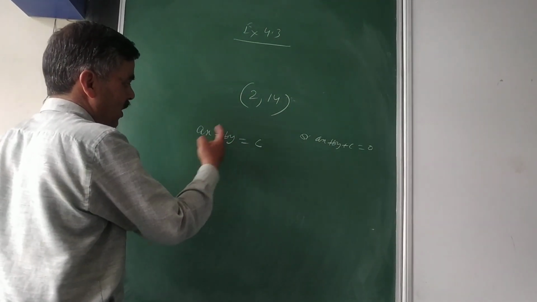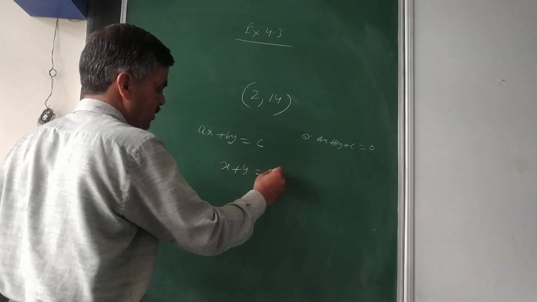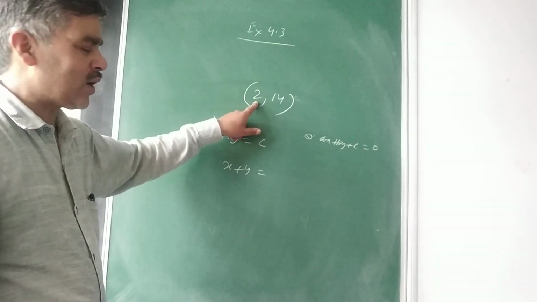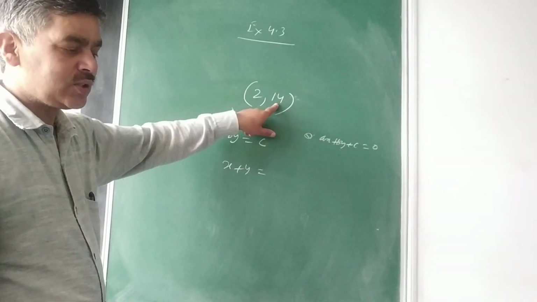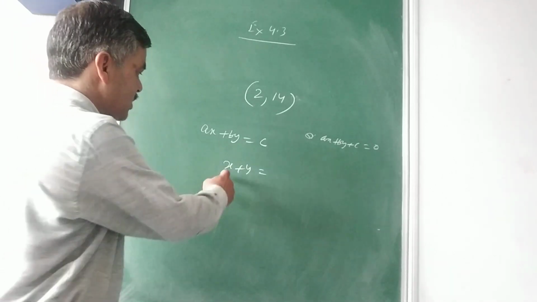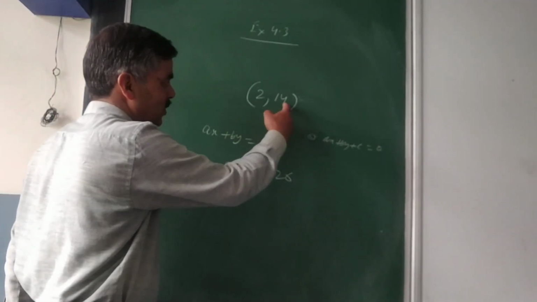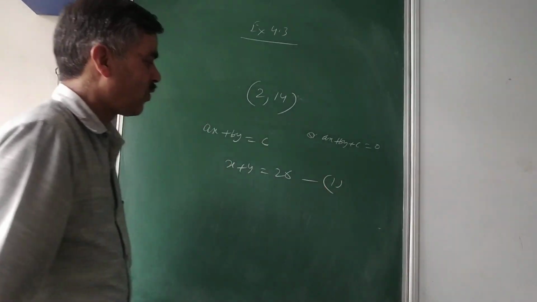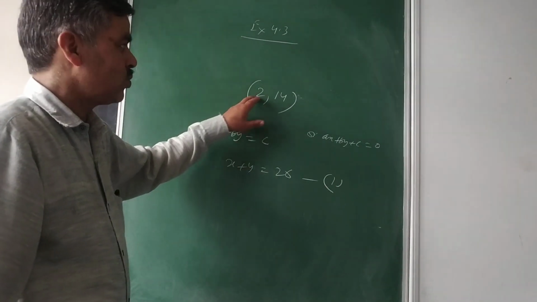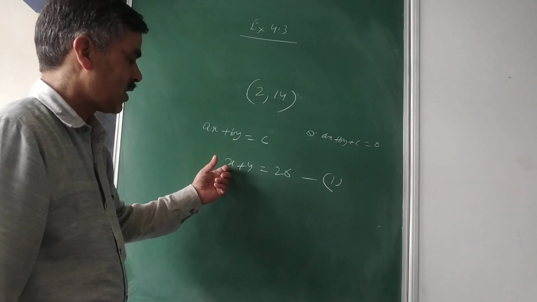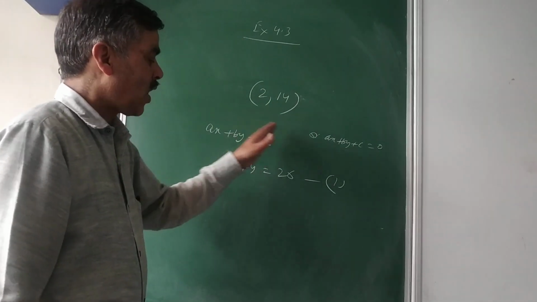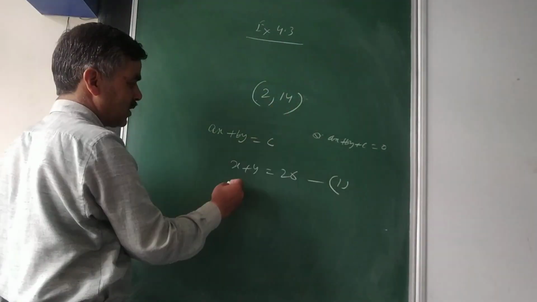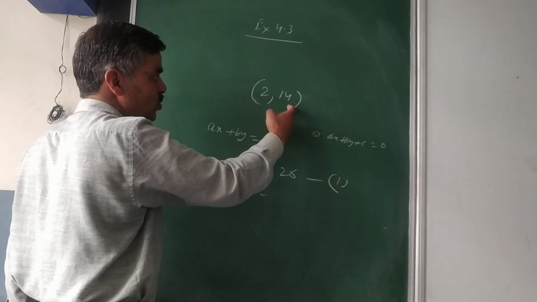Now see, when I was talking about it, I gave you the example of x + y = 5. In that way, this is the x coordinate and this is the y coordinate. So x + y, I am getting, is equal to 2 + 14, that is 16. Very clearly equation number 1 is formed. My x coordinate is 2, y coordinate is 14. So if I replace x by 2 and y by 14, how to form the equation, that I am explaining to you. If you are speaking about x - y, you check the difference of these two, x - y.